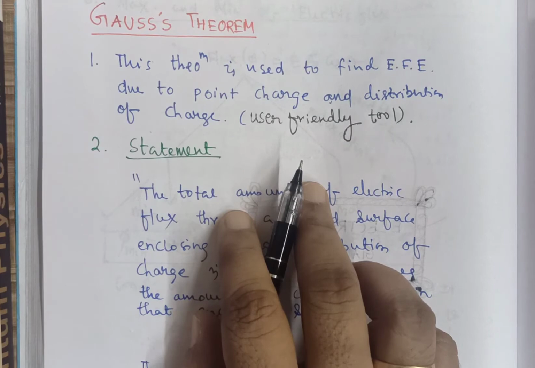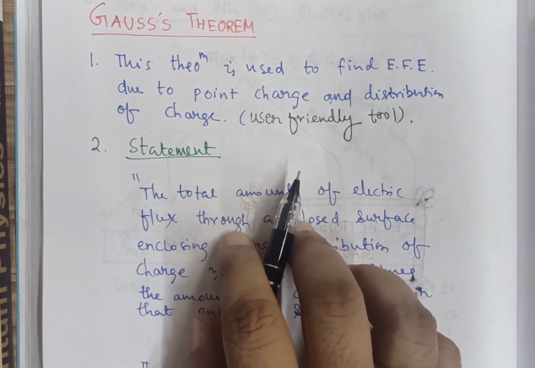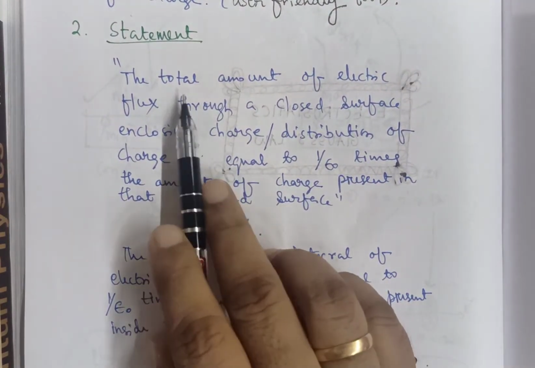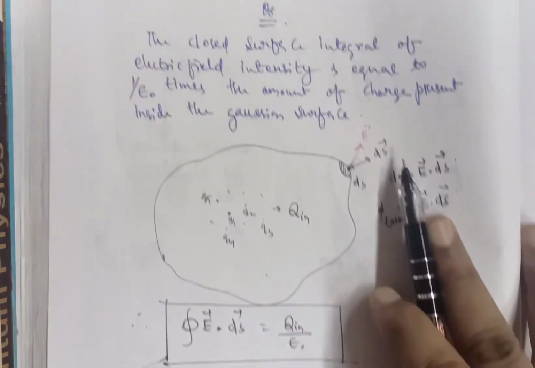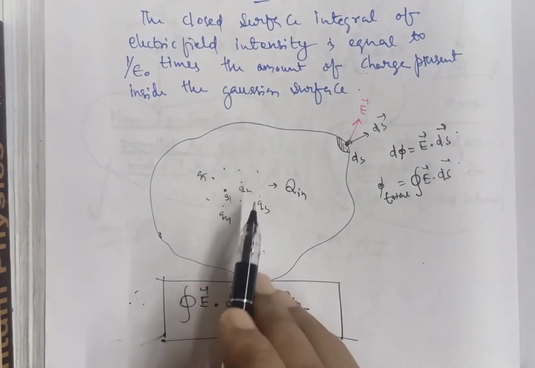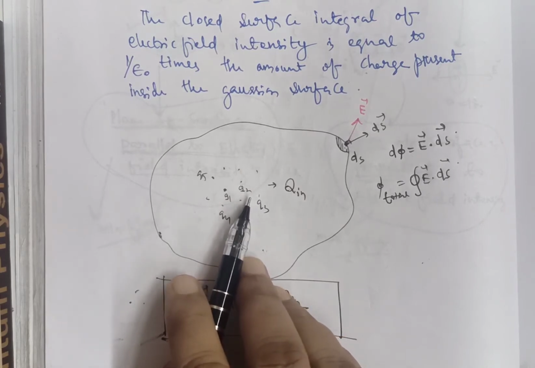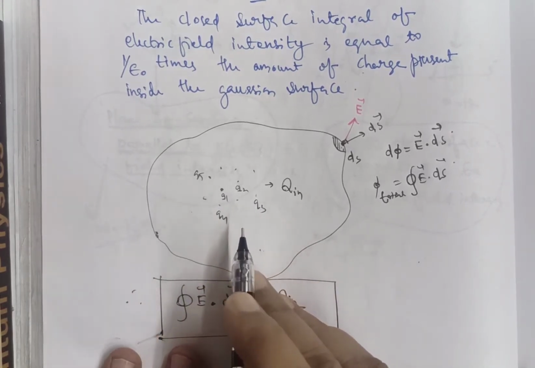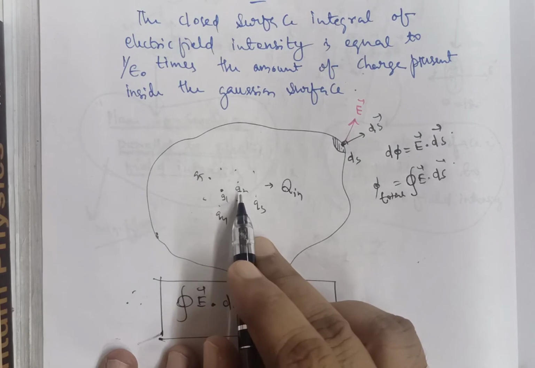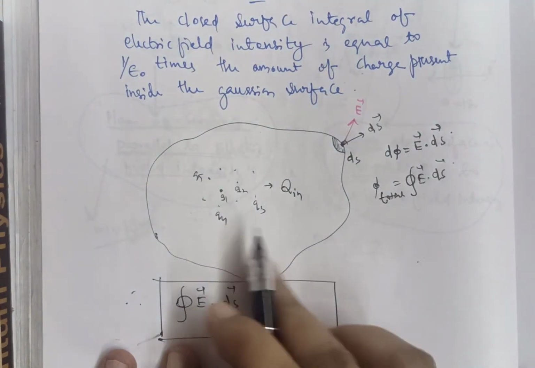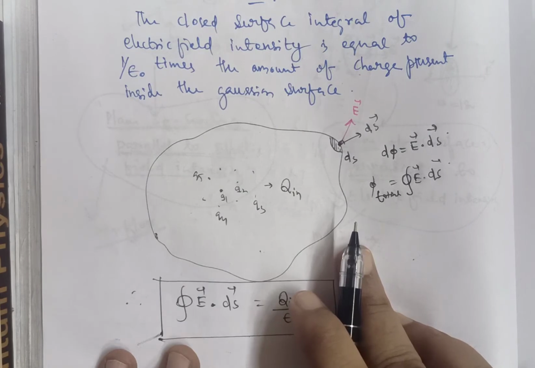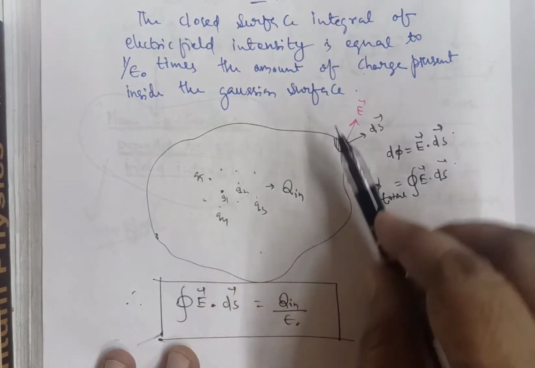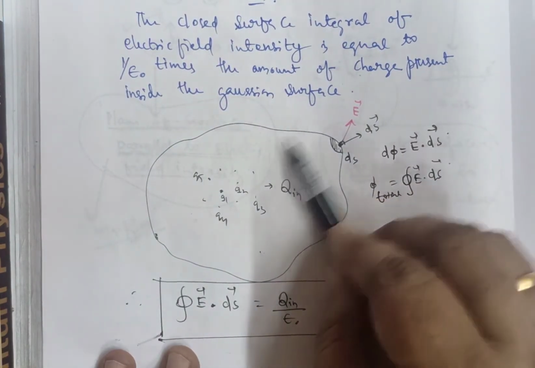But now you will use another formula, another statement, another theorem. First let us read the statement. What is it saying? First you are taking some charges. Before going to the statement, you see the figures. You are given some charges that may be a single charge or a distribution of charges. That means you already know that if there are many charges or a single charge, they will create an electric field. If an electric field is created, by imaginary concept we know that some electric lines of force are there. If you place or take an area, some flux will pass through it.